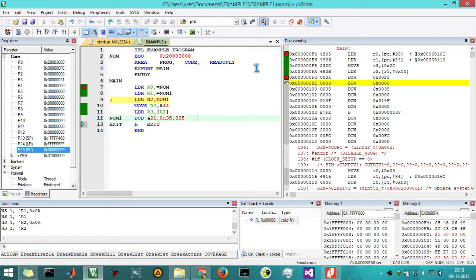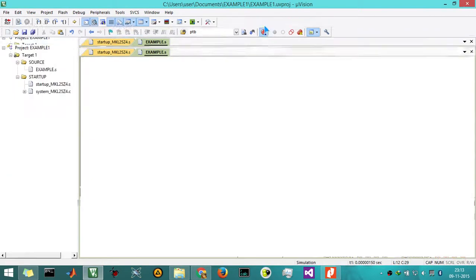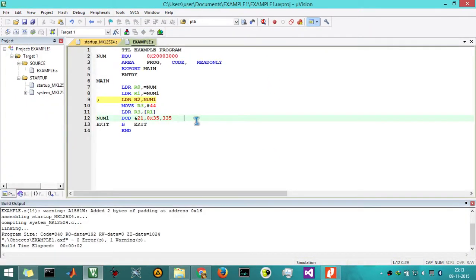And we are having another directive called DCB also, and I can write here: DCD for defining a word. So word is of 32-bit capacity. DCW for half word, 16-bit.